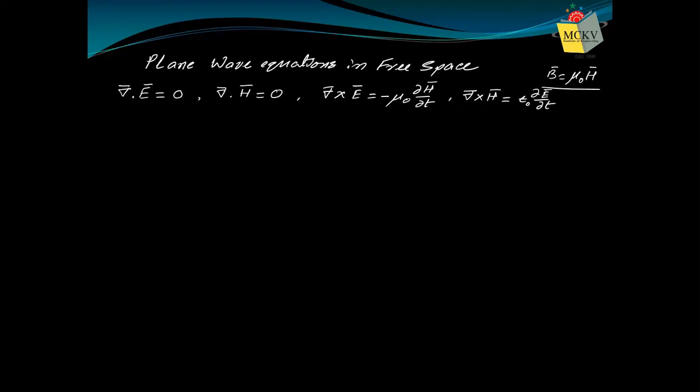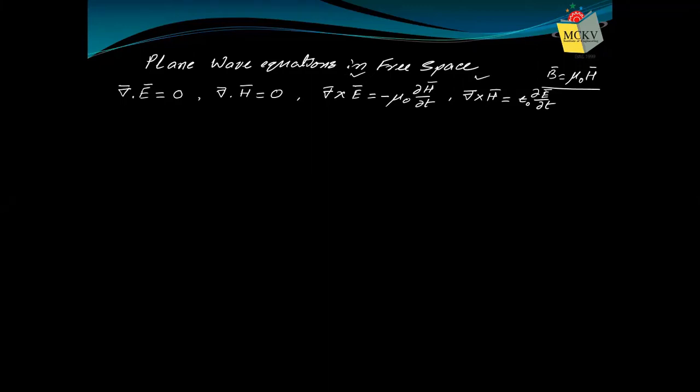Okay. Now, why Maxwell's equations are important? Because with these four equations, you can generate all the other equations in electrodynamics, whether wave propagation or any other. Now, one thing you observe, if we look at the third and fourth equations, you observe E and H both are present. So these are coupled equations. Coupled in the sense that both electric field and magnetic field are present. So they are coupled equations.